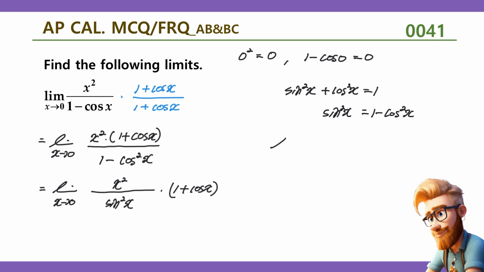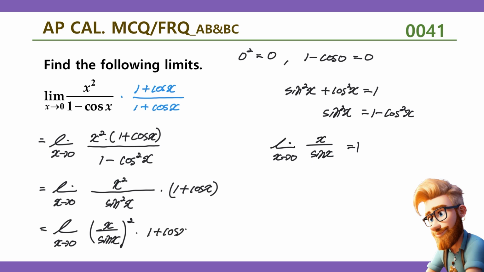We know that the limit as x approaches 0 of x over sine x is equal to 1. So this is going to be equal to the limit as x approaches 0 of x over sine x, squared, because it's x squared over sine squared, times 1 plus cosine x. The limit of x over sine x is 1. So 1 squared